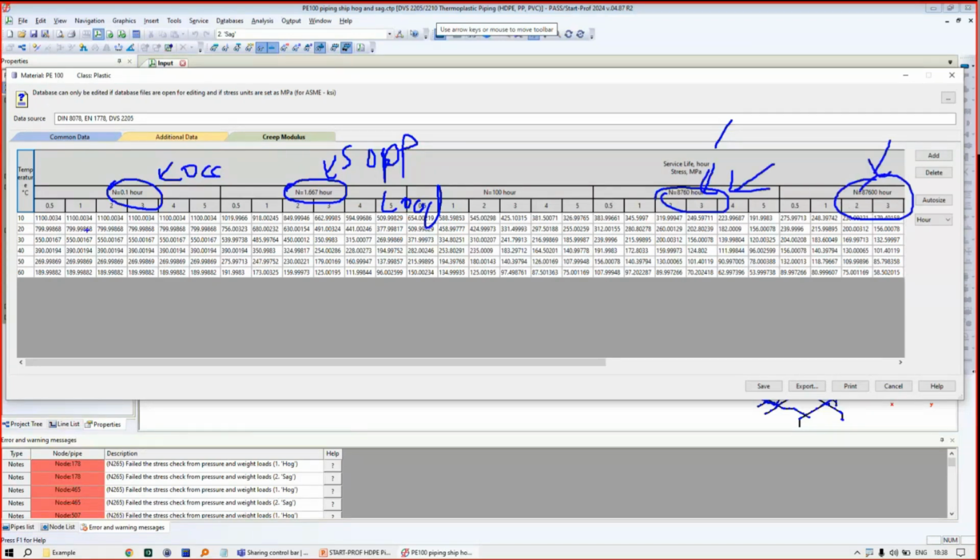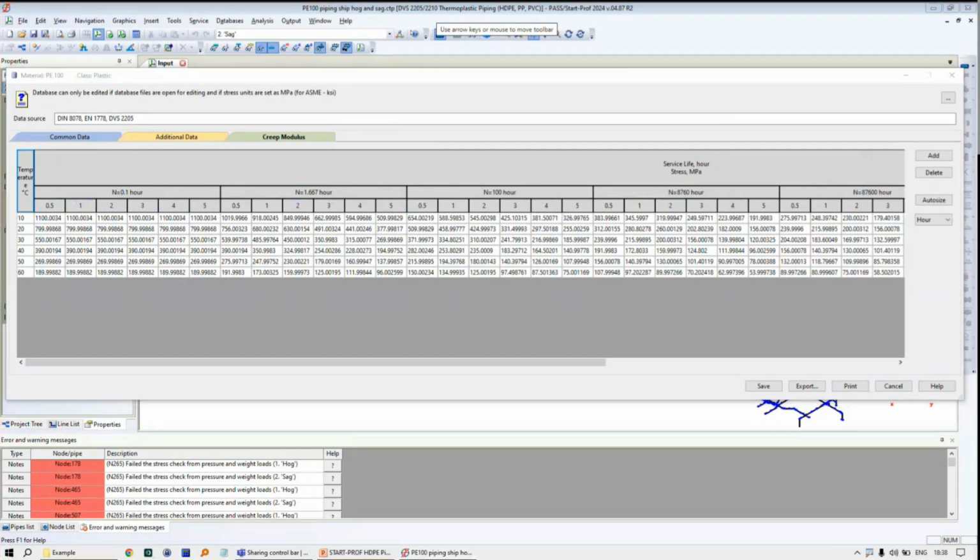So you see the values depend on the temperature. This is the temperature. It depends also on the stress level. This is the stress value. The greater the stress, the lower the elastic modulus. You see, at lower stresses, the elastic modulus is greater than the elastic modulus for greater stresses. And also, it depends on the